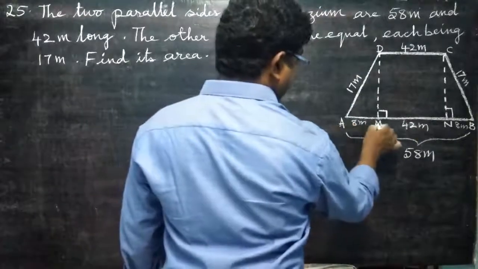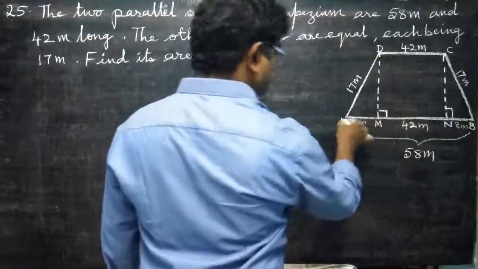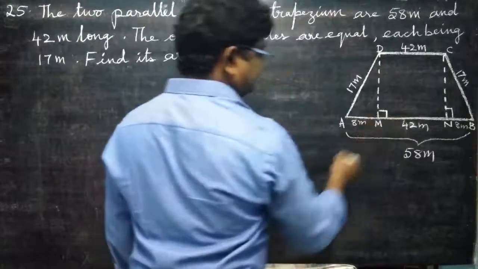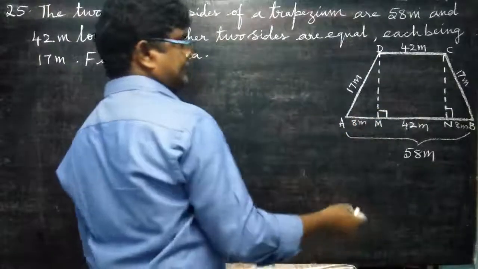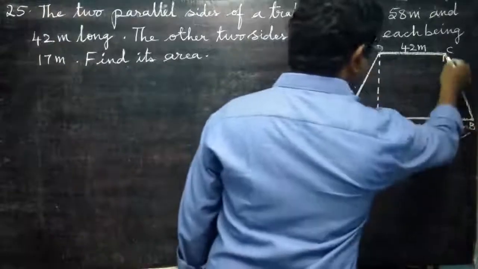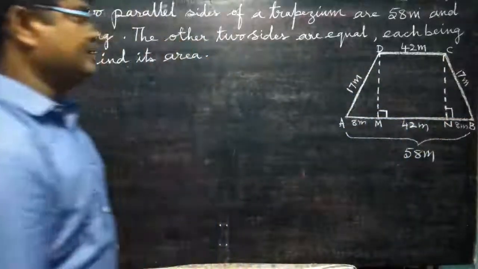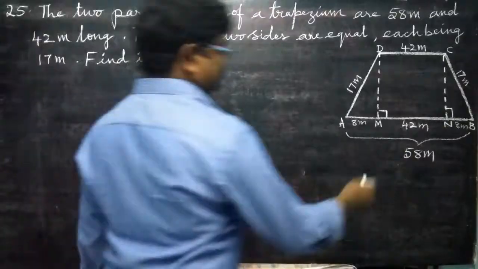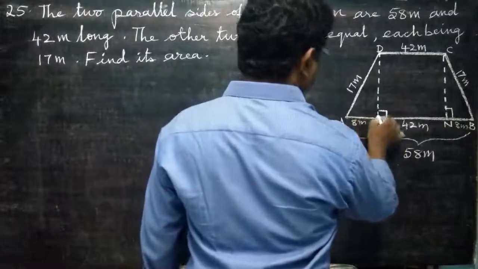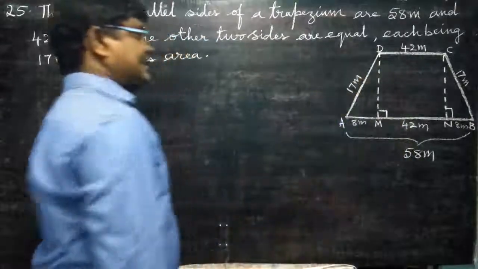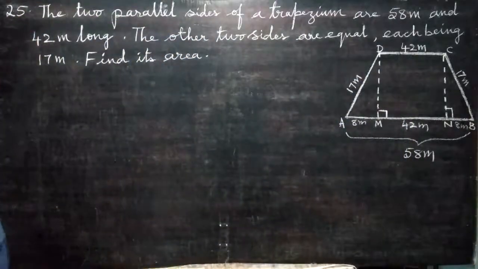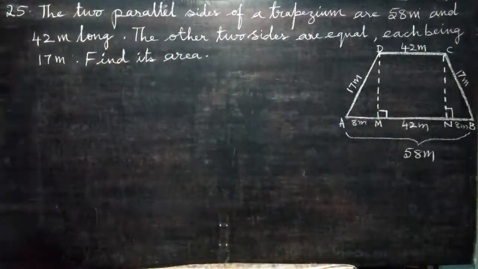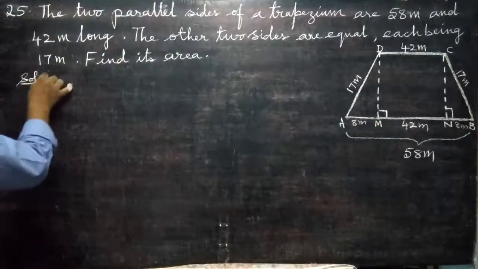Here AMD, what is this one? Right angle triangle. Here 90, this one, adjacent on a straight line, linear pair. CNB is a right angle triangle. First we will find area of right angle triangle. Why? Base into height, or otherwise we can take Pythagoras theorem. Pythagoras theorem also we can take to know the unknown side. Now solution given.